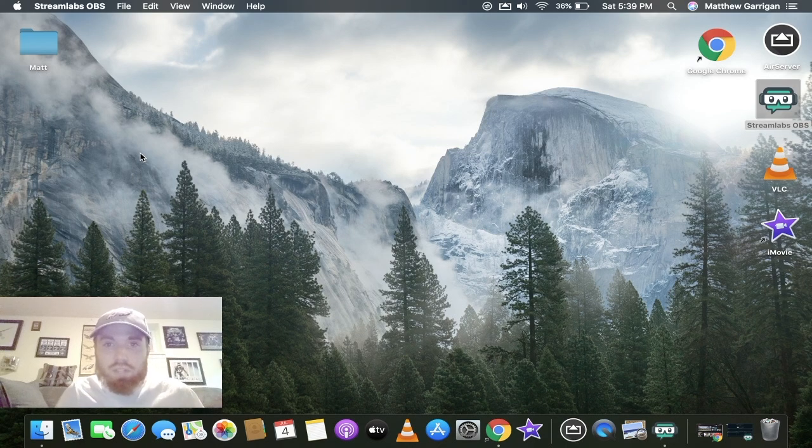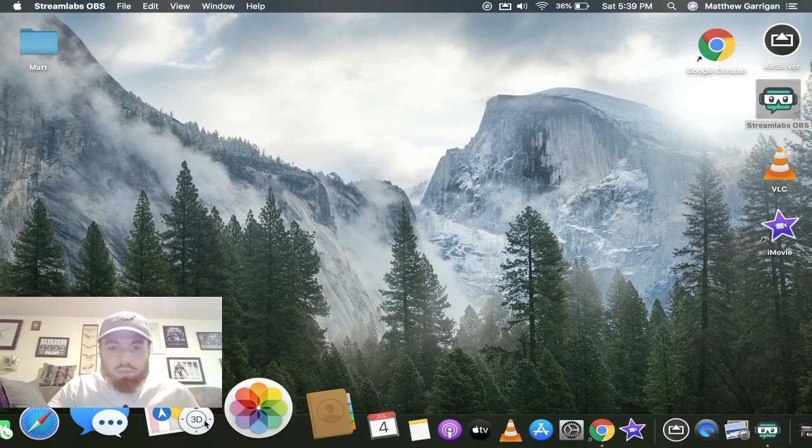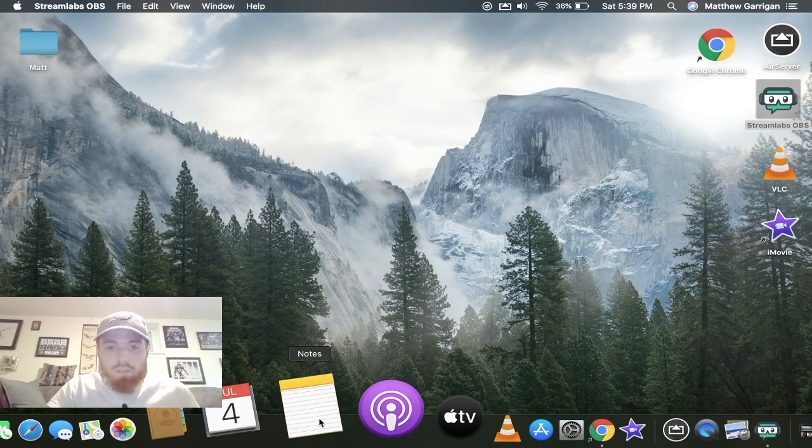So with that being said, let's jump into today's video, how to lock down your note application on your MacBook computer. Once you're signed into your MacBook, you're going to notice your dock at the bottom here with all your icons. You want to find your note application. If you click on that,